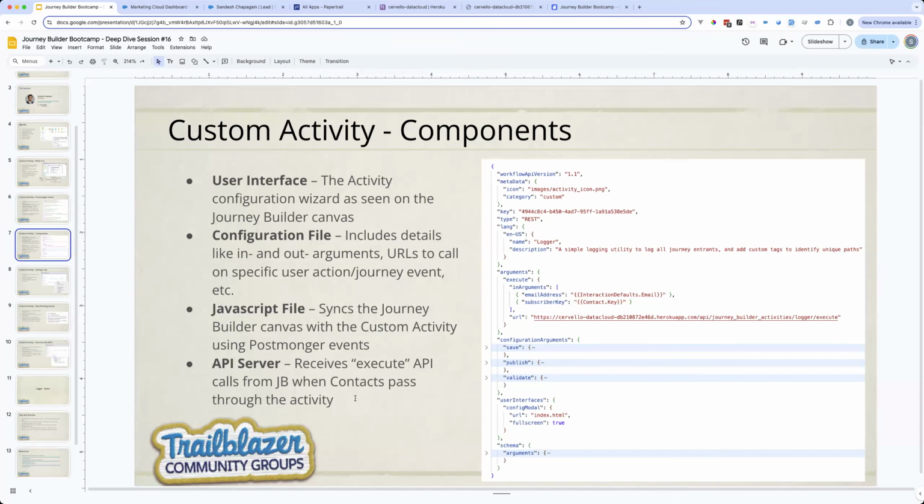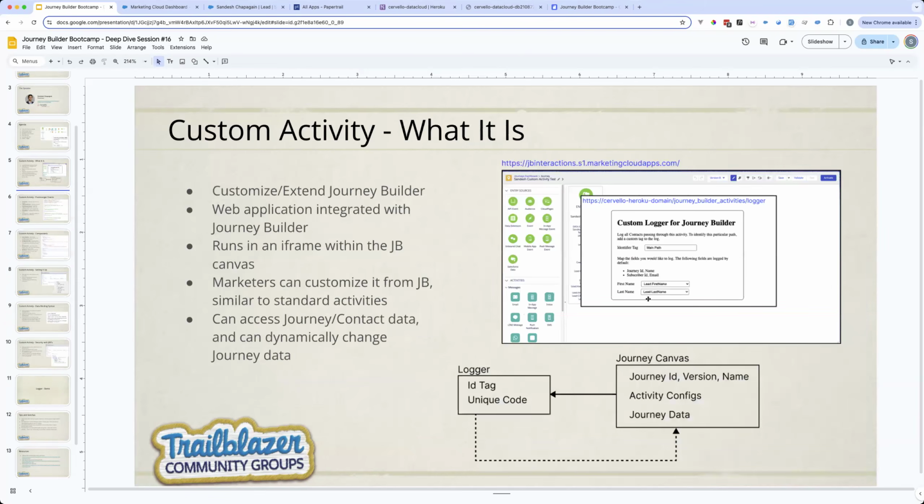The last one is the API server. And I think this might confuse some people, especially beginners. The user interface part of the web application is the thing that powers most of the activity. The part of the activity that a marketer will configure, everything that you see here,